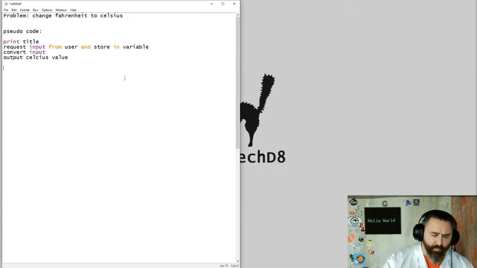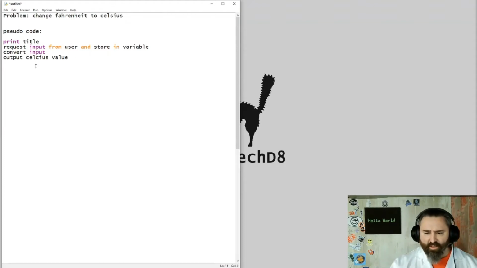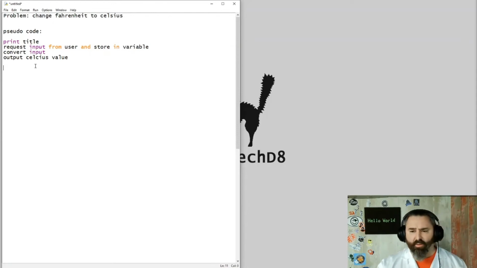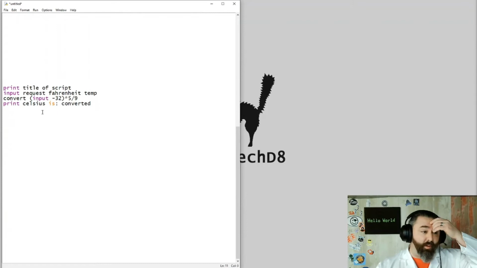Just keep it simple. At first, keep it simple. Later on, you can start to get tricky with your pseudocode and do inputs and use actual commands that you know and you've learned. But at this phase, just put your ideas down in some type of order. It'll help you code quicker. And what do I mean by that? Well, this is a different part of pseudocode, right?